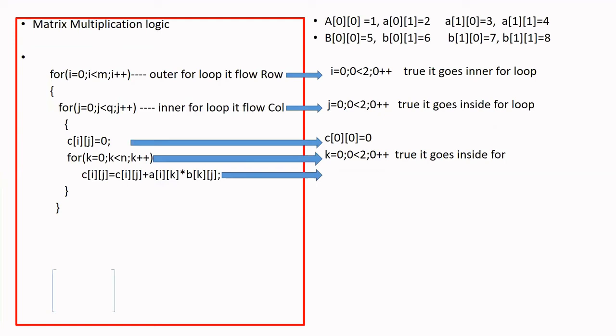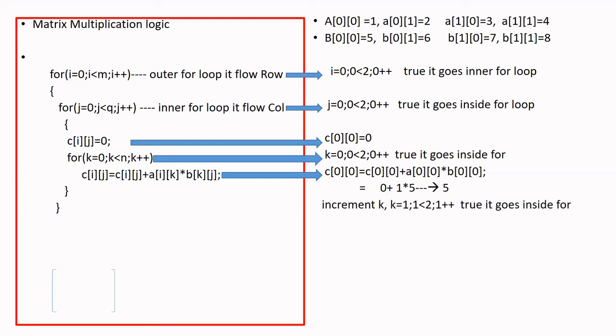Next, I'll take one more variable, that is k, in order to traverse the C matrix. So k is equal to 0. 0 is less than n, and n has a value of 2. 0 is less than 2. Yes, it is true. It will go inside, that is C of ij, i stands with 0, j also stands with 0, is equal to C of ij, again 0, plus A of i value and k value. What is i value? Again 0. k is also 0, multiplied by B of 0 and k is also 0. So you can see the values at the top, where C of 0, 0 is initialized to 0 plus A of 0, 0, 1 is the value, multiplied by B of 0, 0, 5 is the value.